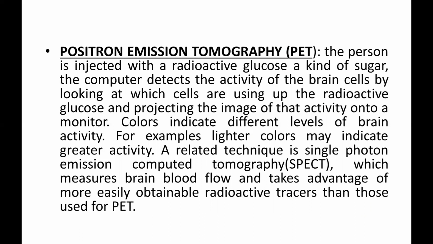The computer detects the activity of the brain cells by looking at which cells are using up the radioactive glucose and projecting the image of that activity onto a monitor. The computer uses colors to indicate different levels of brain activity. For example, lighter colors may indicate greater activity. With this method, researchers can actually have the person perform different tasks while the computer shows what our brain is